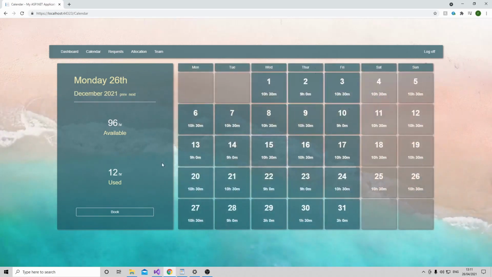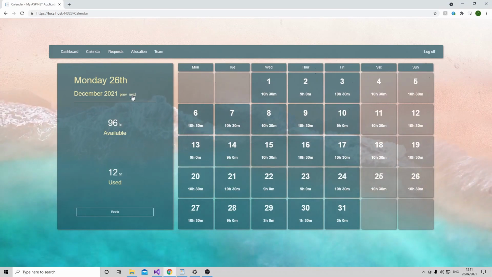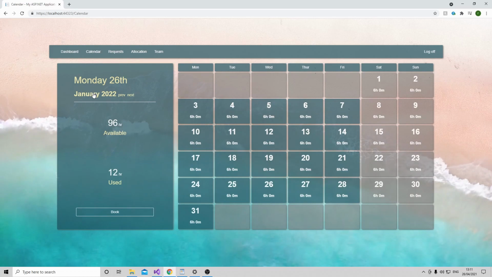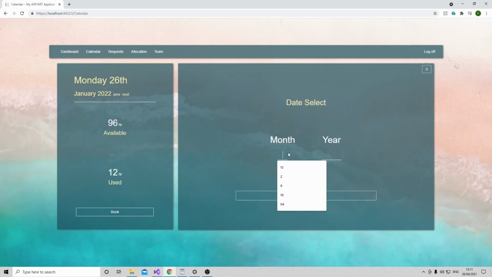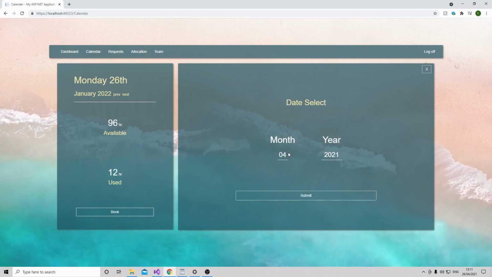Once that's in, it automatically goes into December. As I said earlier, you can continue to flick back through the months. This will go back into January. But let's get back to the current month, which is the 4th, and see if we can get some holiday